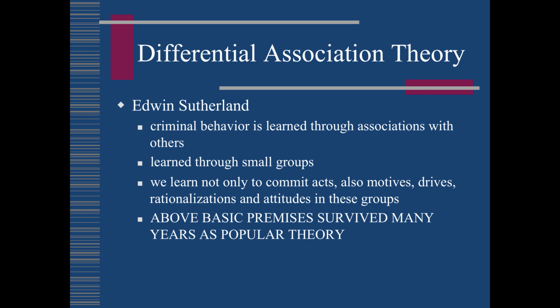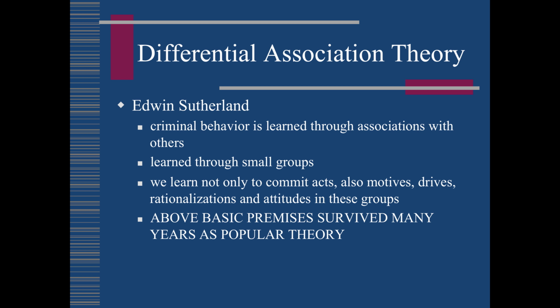As I stated earlier in the semester, differential association is one of the most popular, most cited theories, not only in juvenile delinquency, but for adult crime as well. This theory was developed by Edwin Sutherland, who proposed that delinquents learn crime from others. The basic premise is that delinquency, just like any other form of behavior, is a product of social interaction. Sutherland contends that individuals are constantly being changed as they take on the expectations and ideas of the people with whom they interact in intimate small groups.